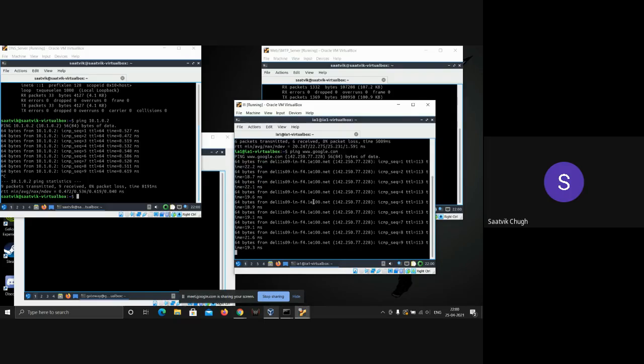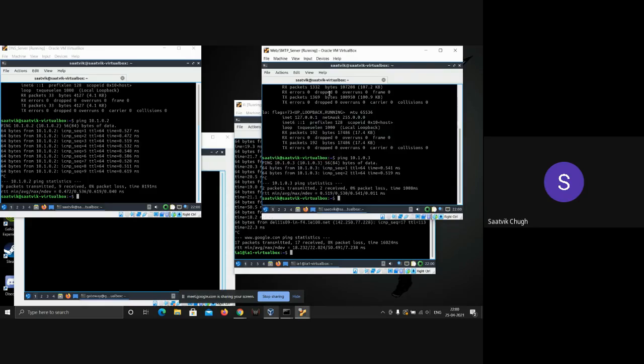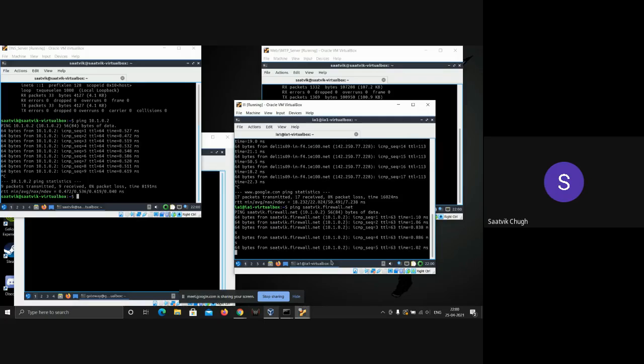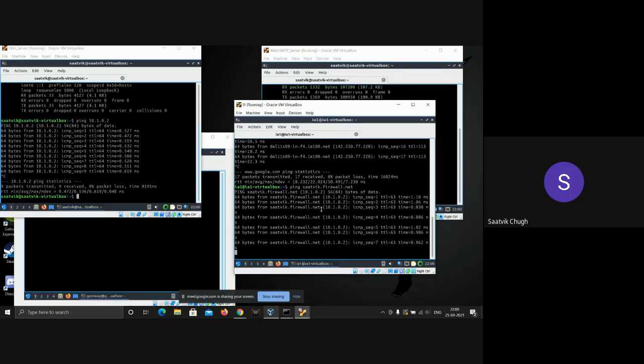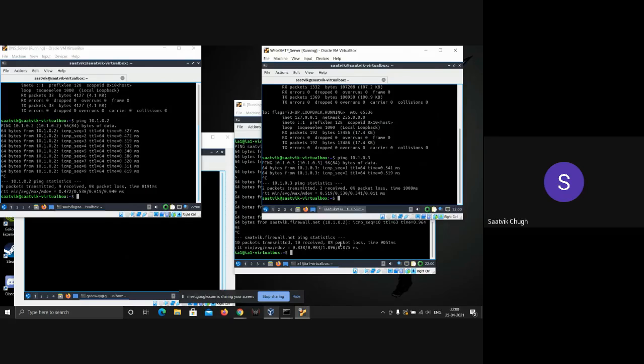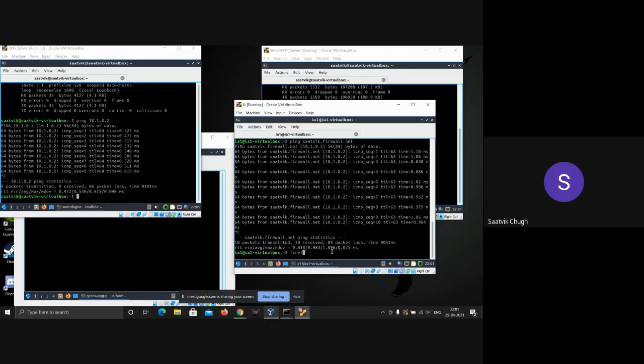The DNS server redirects the request to the Google name server, and it gives us the IP for google.com. Also, I can get the IP of this web server through the DNS server. If I ping my personal web page, I get the IP of the web server accordingly. Hence the DNS server works.